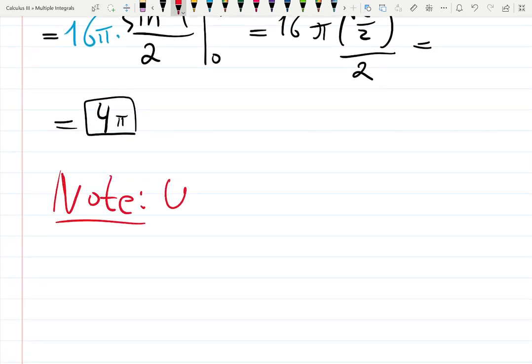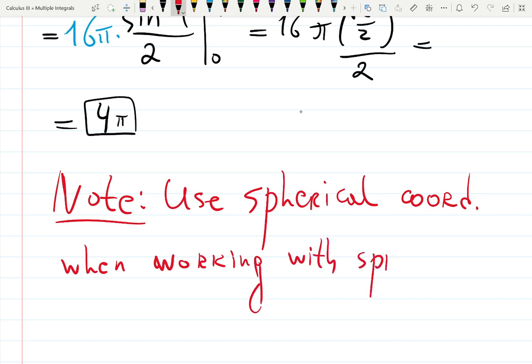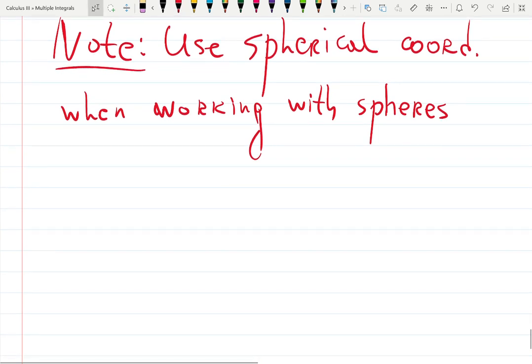Note. Use spherical coordinates, a joke, when we tell you to do that on the exam, so you do that. Use spherical coordinates when working with spheres and cones. If you work with cylinders or anything that involves a right line, that will be nice to use z